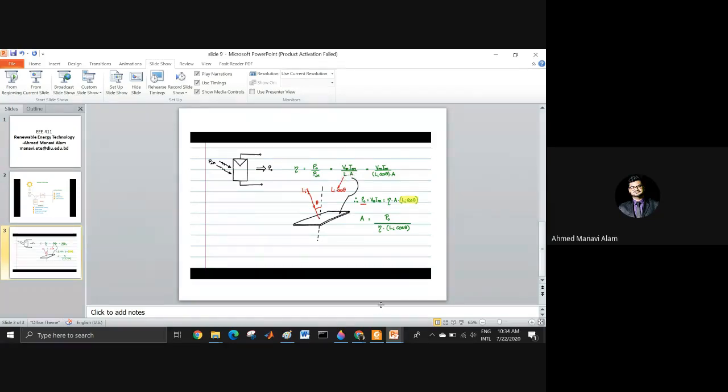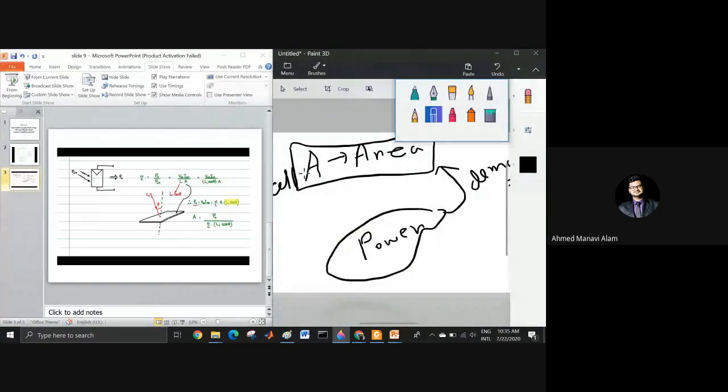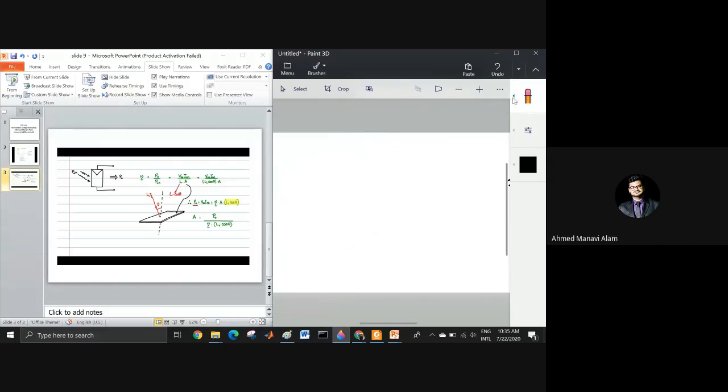Now the important part that is happening here is the solar insolation. We will now talk about how solar insolation works. In the previous terms, whenever we were discussing solar insolation, I gave you a certain fixed value, suppose 1 kilowatt per meter square. This was the solar insolation, and you multiplied it by area. That means the amount of power you are getting in 1 meter square. Now, that solar insolation